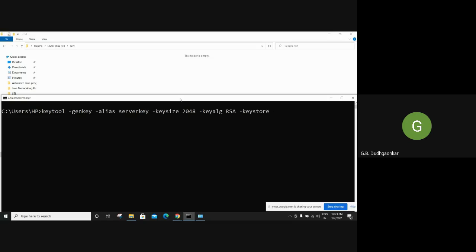So here I am going to create a public key because I am using the genkey command. If you use the genkeypair command, that will create both keys, and both keys are stored in the file which I am going to create here. See here. So here I have to give the full path name. So here I am giving cert, and then the name I want for that key store file which is used by the server. So here I will give server-keystore.jks. So this is the full command.